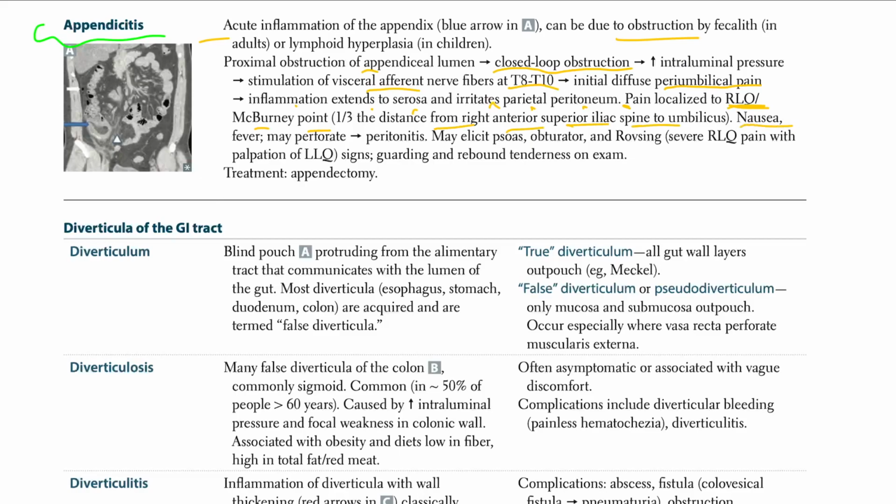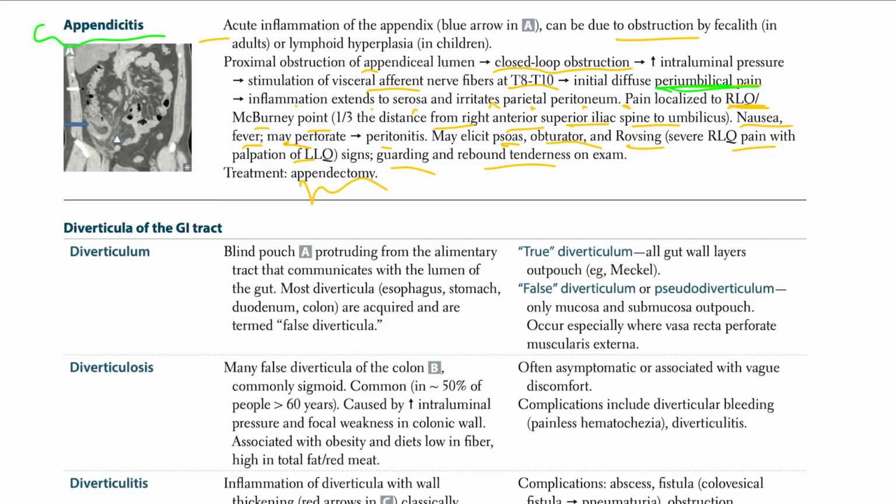Nausea, fever, and it may perforate, which leads to peritonitis. It may elicit the psoas sign, obturator sign, and Rovsing sign, which is severe right lower quadrant pain with palpation of the left lower quadrant. Guarding is there, rebound tenderness is there. Treatment is appendectomy. Now the important point here is that at first, when you have appendicitis, you have